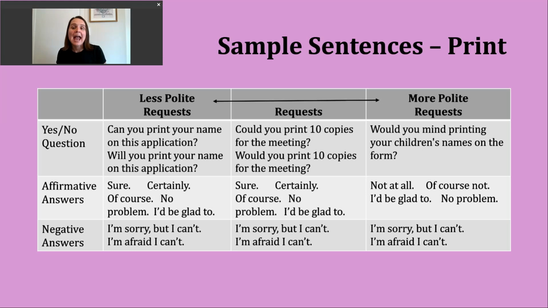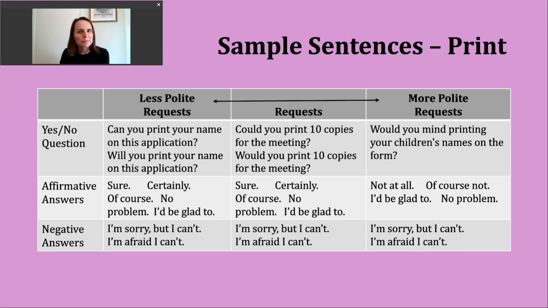Finally, let's look at making sort of the most polite request we could. And our structure here is a little different. So we're going to start off with, would you mind? And then we use the gerund form or the ing form of the verb. Would you mind printing your children's names on the form? Okay, so